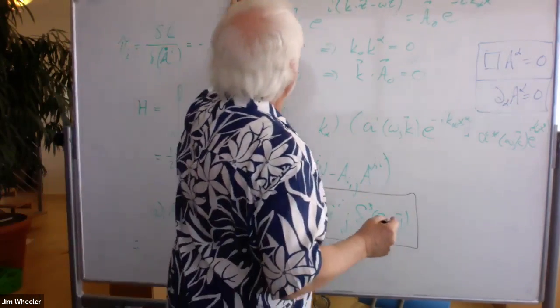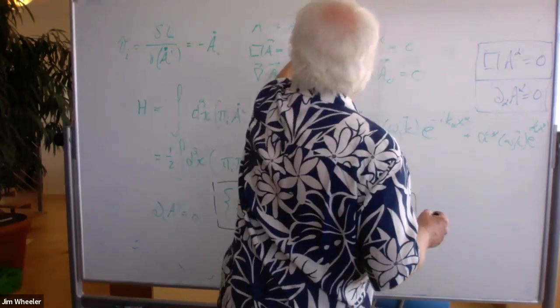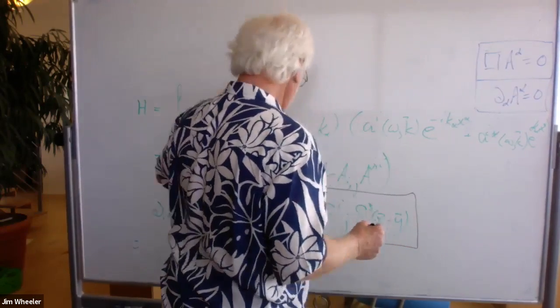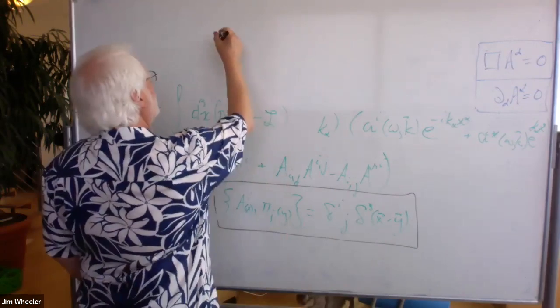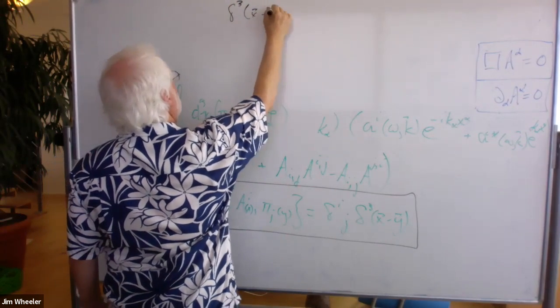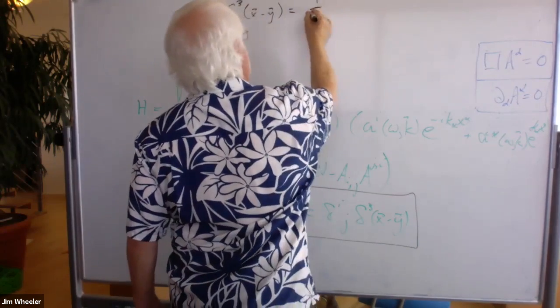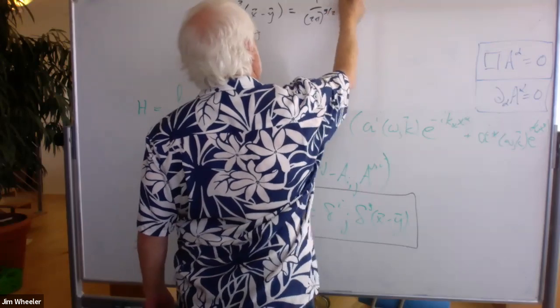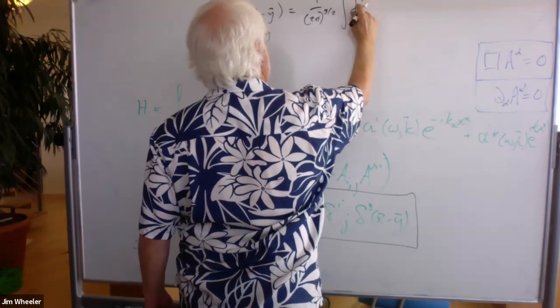Instead of that, I want to write it in the momentum basis. So I can expand the delta function as 1 over (2 pi) to the 3 halves, d3